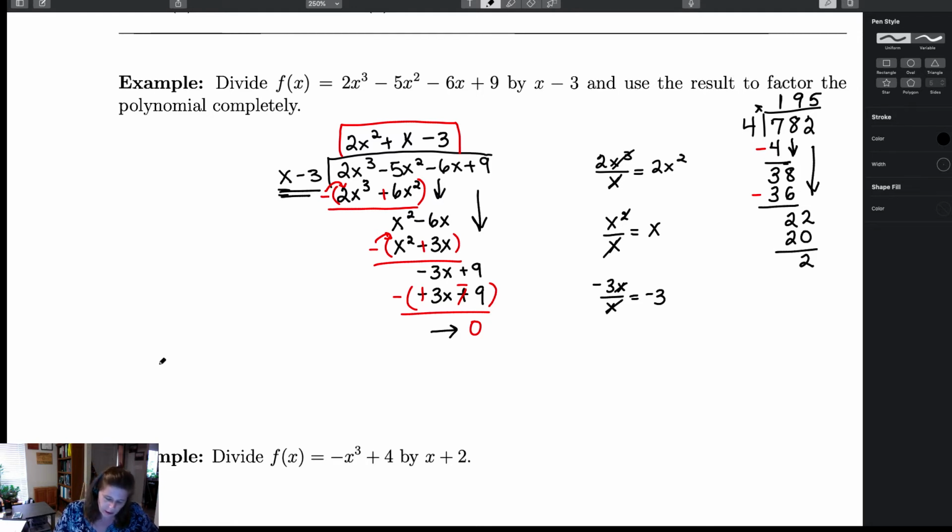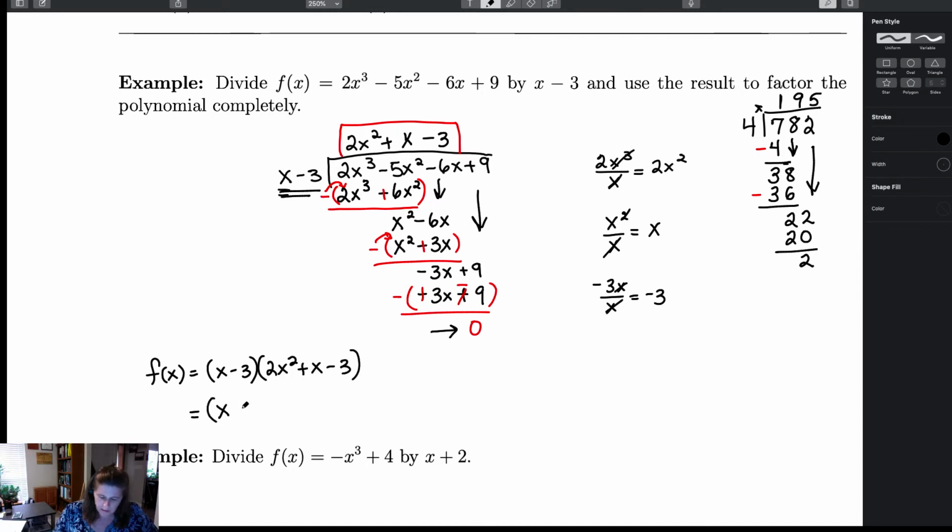So far, f of x, according to the division algorithm, is equal to x minus 3, the divisor, times the quotient, 2x squared plus x minus 3, and plus the remainder, or r of x, but that's equal to 0 here. Now this also says to use the result to factor the polynomial completely, so I'm going to factor this